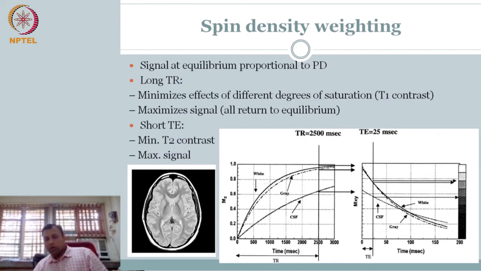So now I will set my time to echo as close as possible before the minimization starts. If I do it long, you see the T2 differences start to come. So now I push it to the floor and make the time to echo as short as possible. Then the contrast that I will get will be, this will be white, this will be grey. This is my color bar, from grey and white to black. So this is the contrast that you are going to get.